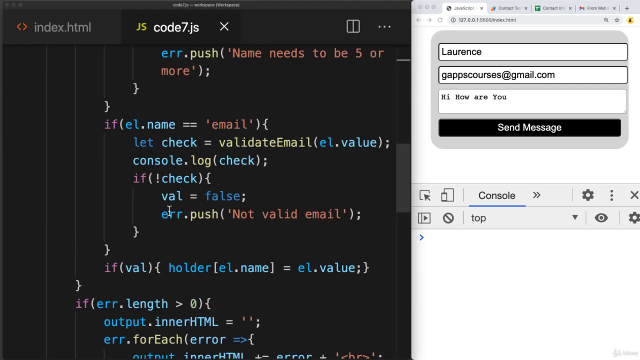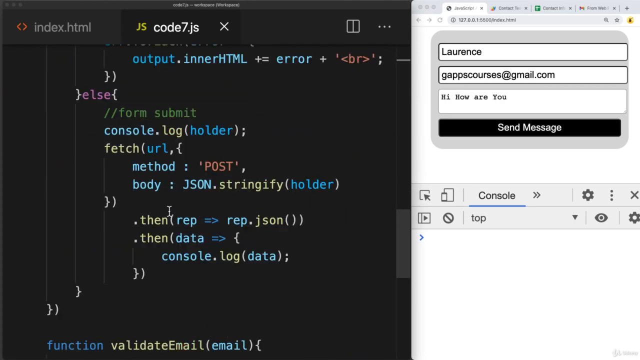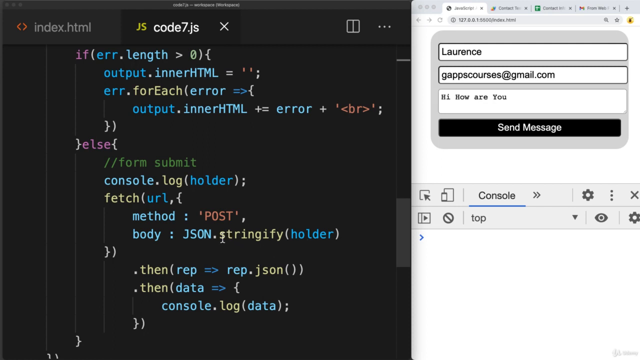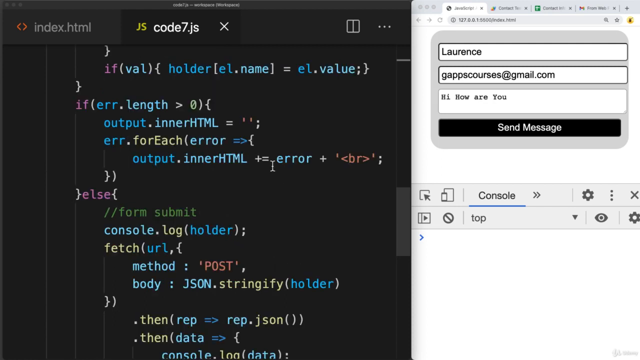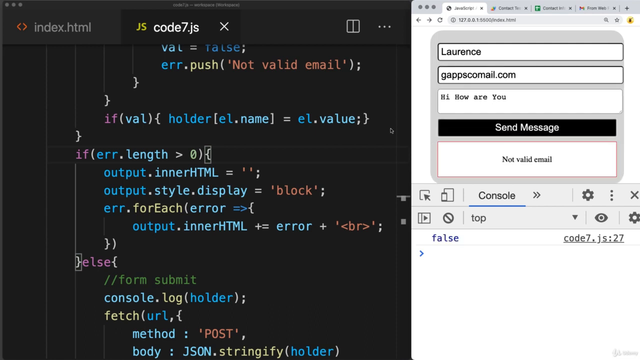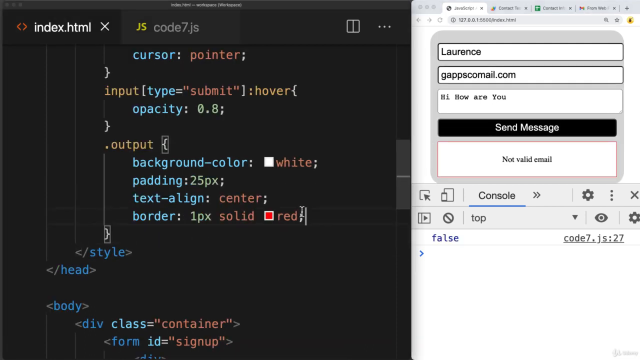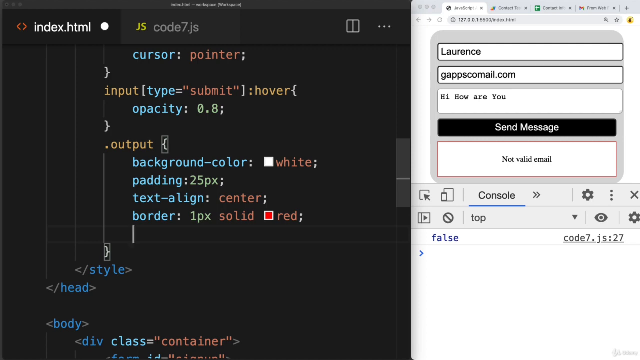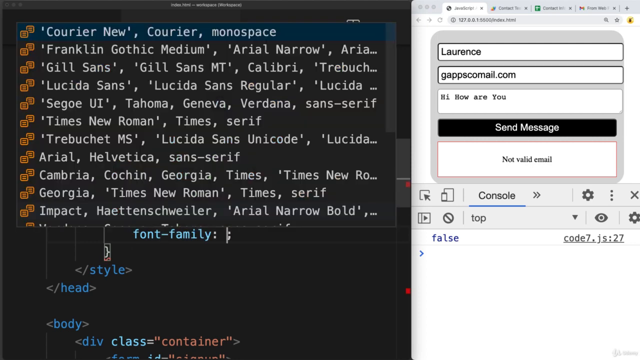So just hide that, and then we'll want to output a message, and that's being done over here within the output. So have the output display and turn it back to block. So save that. And so now if we get any content in there, and font family,